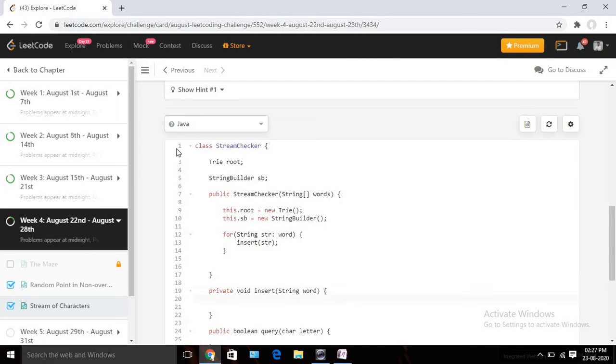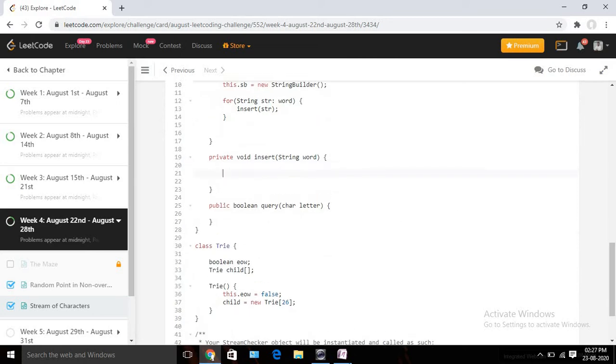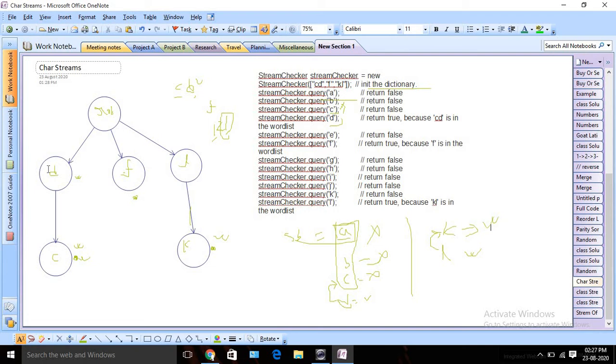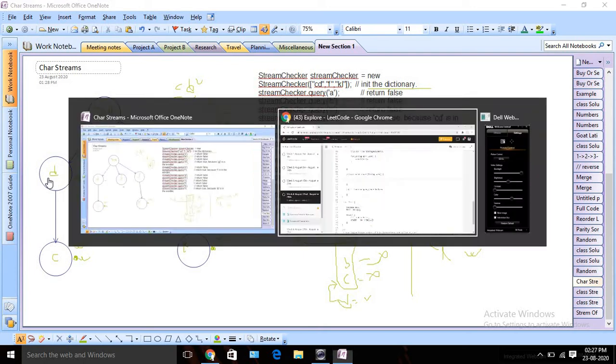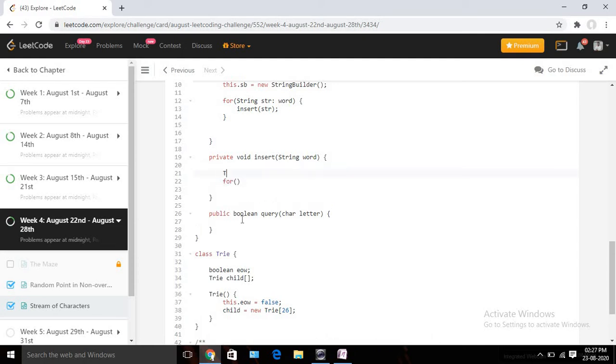Now inside this insert method, what we need to do is insert this node, right? Suppose all the children should be null initially for root. So I already told you we are going to insert in reverse order, right? At first I need to run one for loop, and before that I will take one variable where I am going to store my root node, because it will keep changing, right?